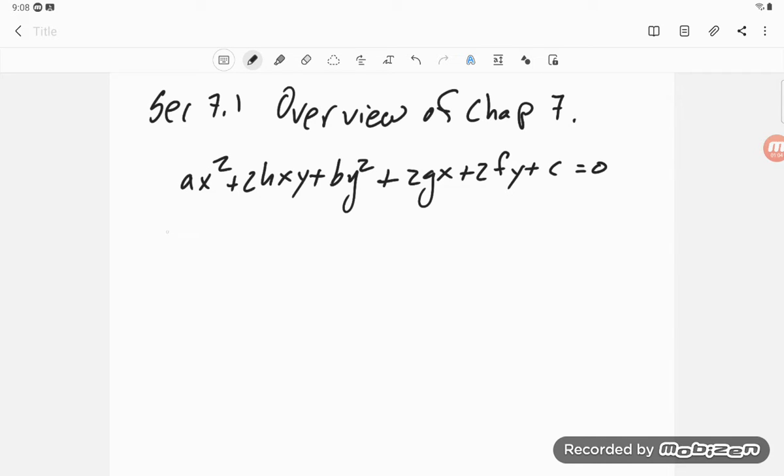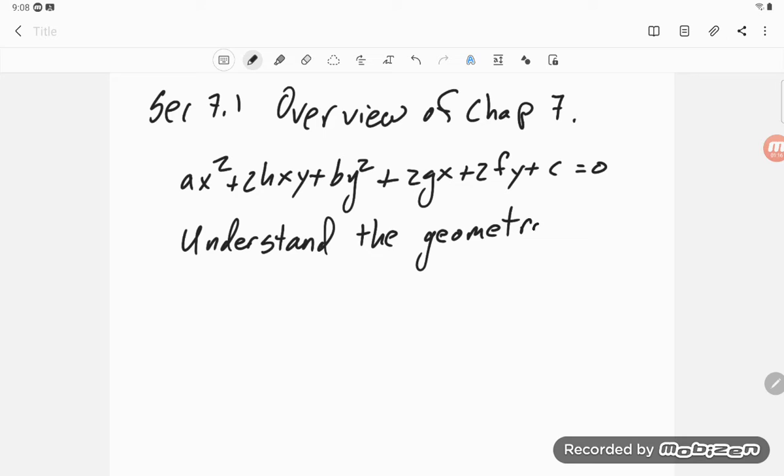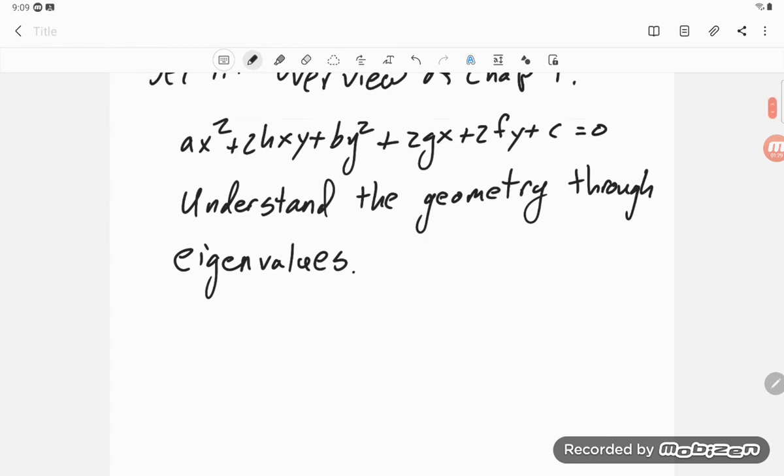Okay, so we want to understand the geometry through eigenvalues and eigenvectors, but so through eigenvalues. Now earlier